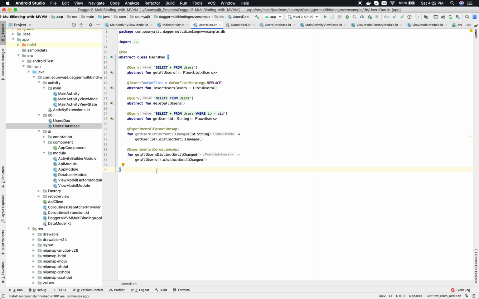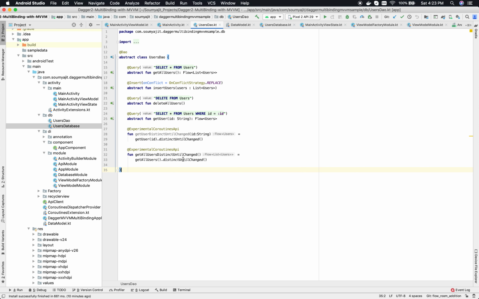This extra operation, distinctUntilChanged, will filter out the subsequent repetitions for the same value, and this method is from Kotlin Flow API. If you see, that is an extension function on Flow.